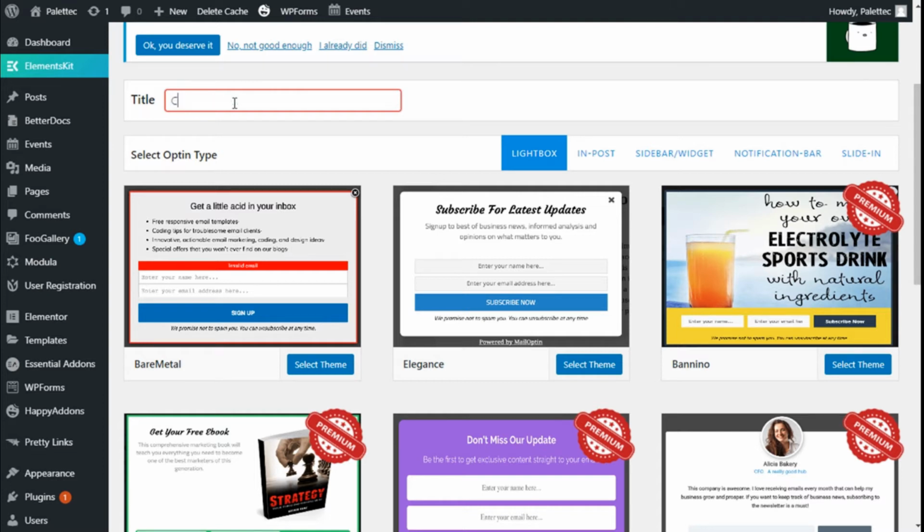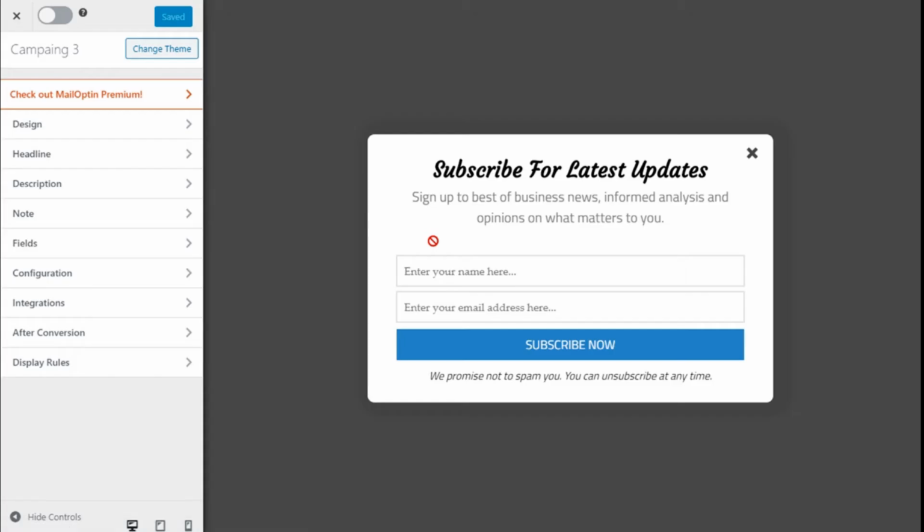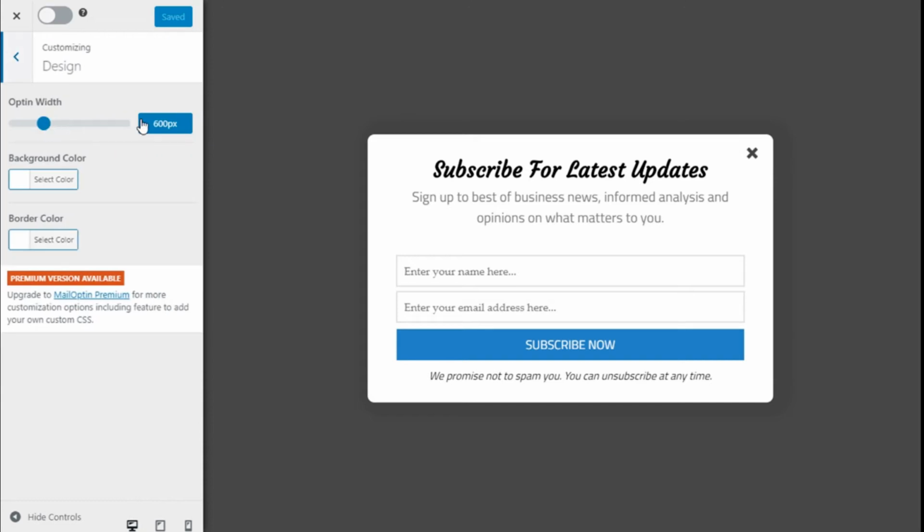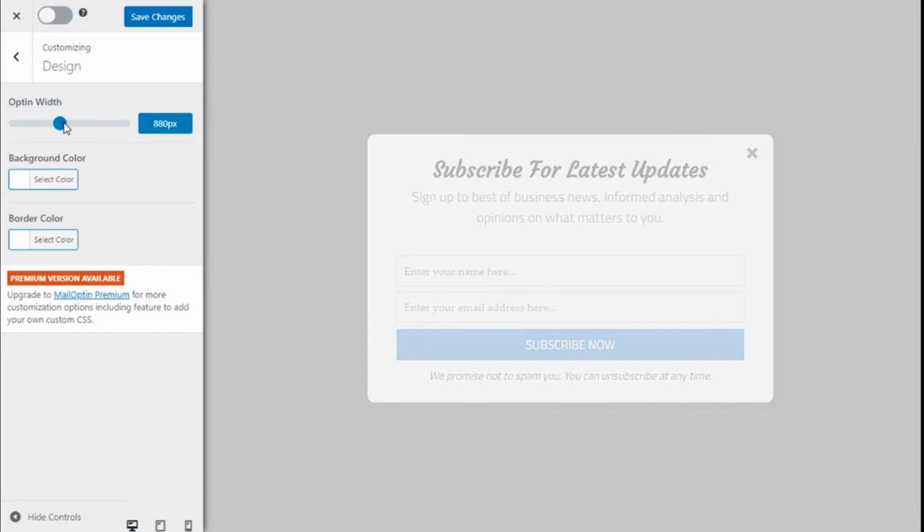So we are going to select campaign 3 because we feel like it. So we are going to add campaign 3 and we are going to select the theme right here, and here it will take us to the customization options for the pop-up. So we have here the template of the theme, and we are going to click on design, and here we can change the width. We can make it smaller or wider. So we are going to leave it at 500 px